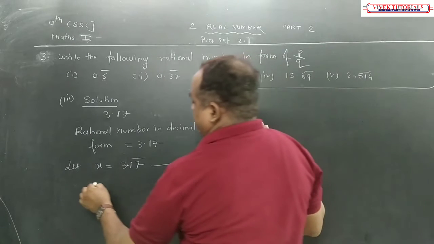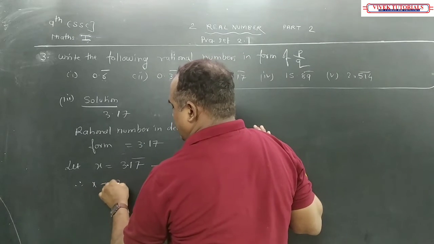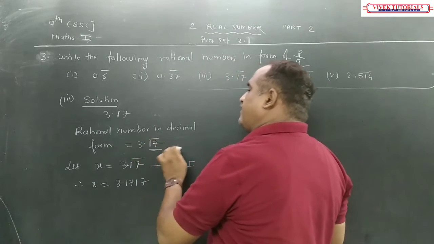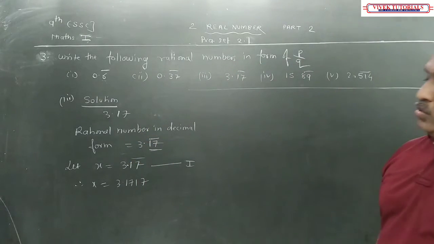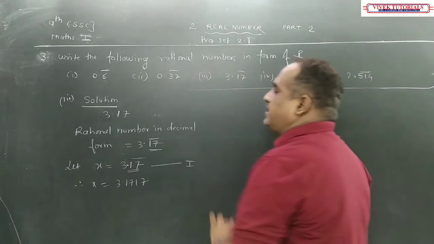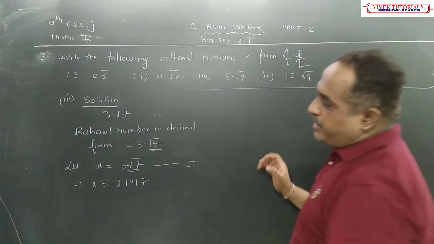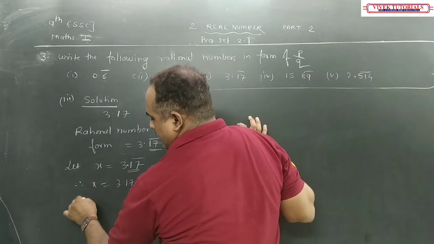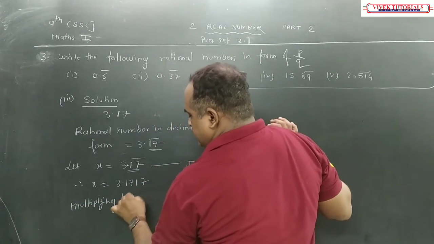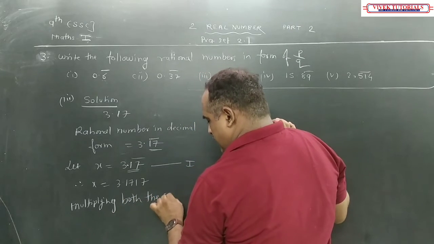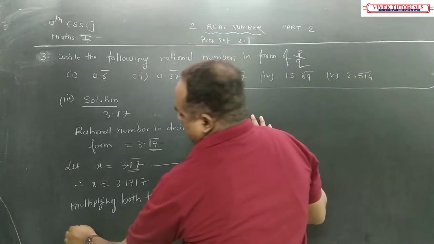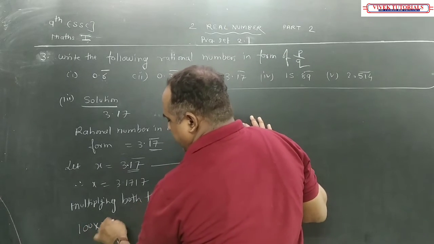So what are you going to write? Therefore x is equal to 3.1717. I told you that the recurring part we have to write two times, 1717. But how many terms are there after the decimal? 2. So what you are going to write is multiplying both the sides by 100. So 100 into x,